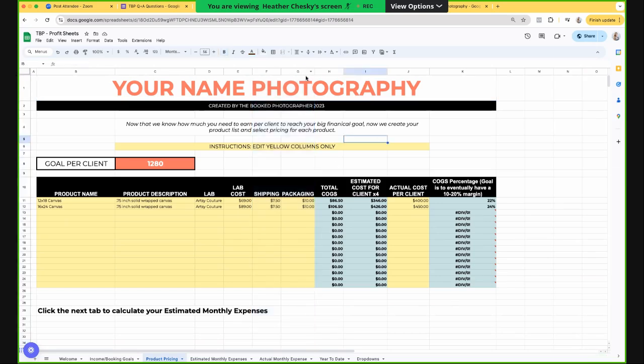Packaging refers to more of how are you going to give it to your client? So there was a season in my business where I would get these really pretty canvas bags that actually had my logo on it. So I had to factor that into my cost. But nowadays I actually use white craft paper and tulle, which works really well. I have a massive roll of white craft paper, and so I just wrap it, most of the time, depending on what it is, wrap up the album or the keepsake box, whatever it is, in that craft paper, and then put a black tulle around it, and then I have stickers with my logos, and it is